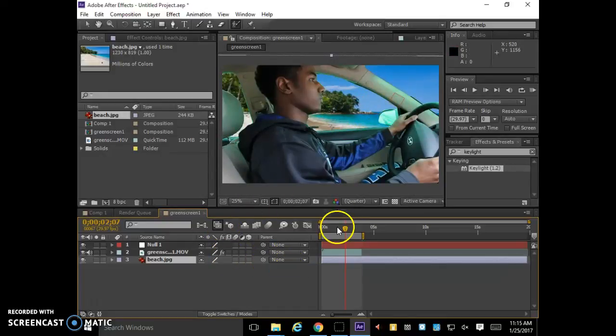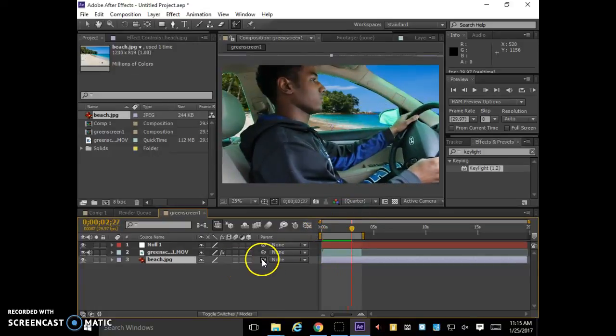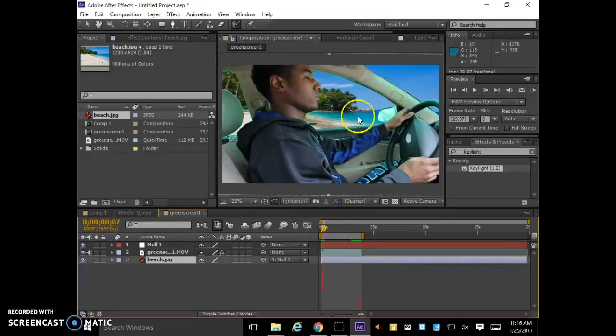If I turn this off, it's going to look weird. See how it looks like it's floating in front there? So that's why we do that parent to the null. Okay? Once you have your footage back there, this is good to go,